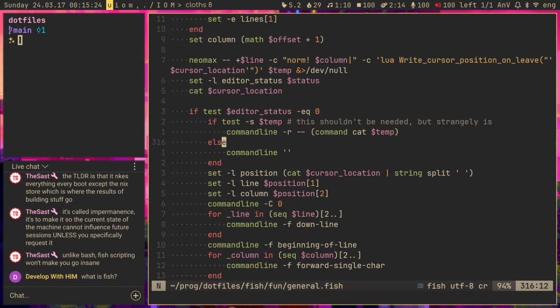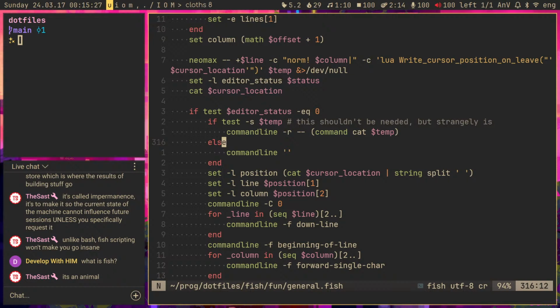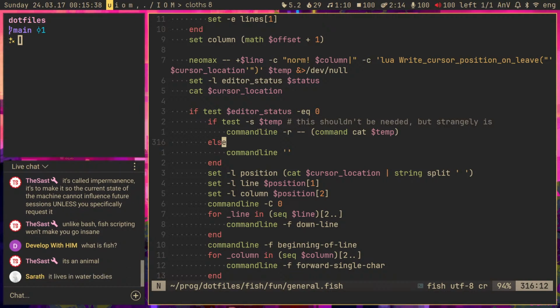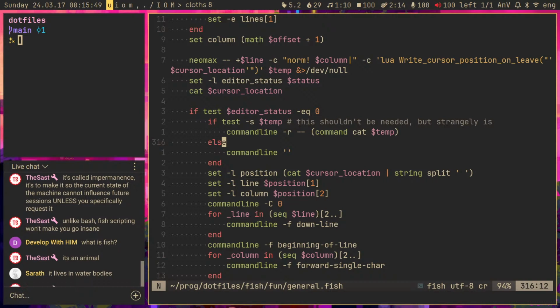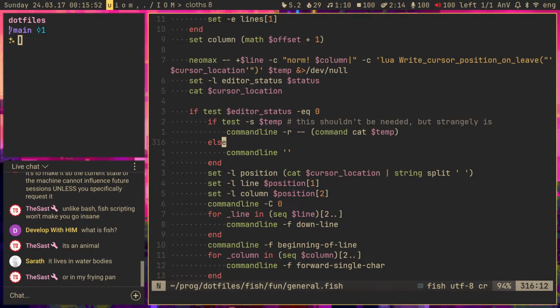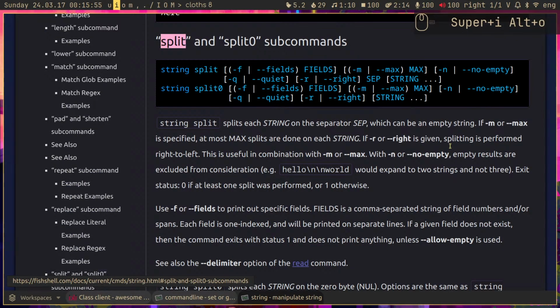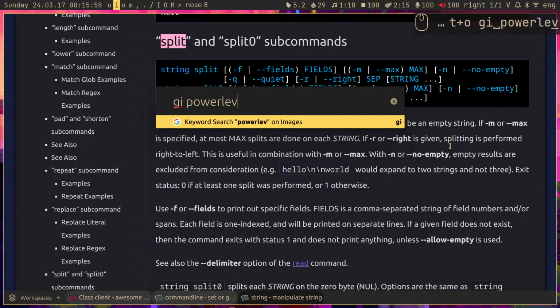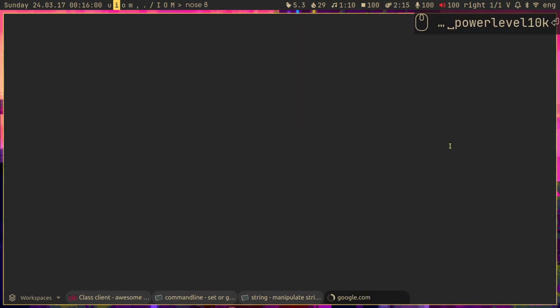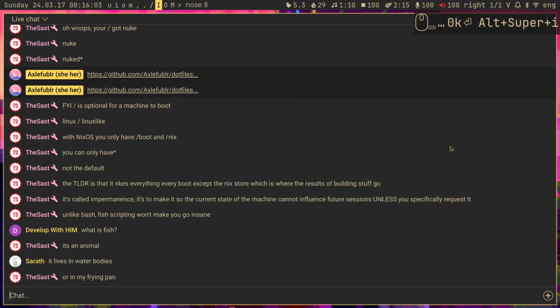Fish shell is one of the Linux shells that you can install and use. That too, it is also an animal. So bash is the default basically everywhere. Z shell is another shell that many people use. Whenever you see a YouTuber open their terminal and they have a very cool looking command line, let me actually show you. Power level 10k, and let's move this